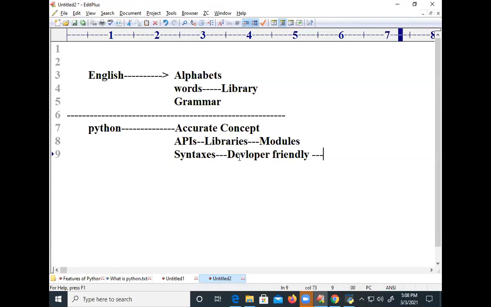what advantage are you getting? If the syntaxes are very hard and very lengthy, more errors will come. Yes or no? Syntaxes are more difficult, more lengthy, so more errors will come. That means most of the time you are spending on how to solve the errors. Most of your development time is killed correcting the errors, due to difficult syntaxes and lengthy syntaxes. Because of developer friendly syntaxes, I can write